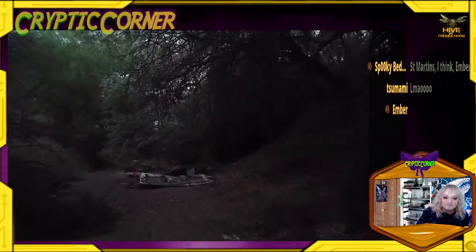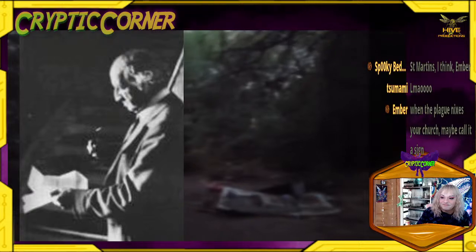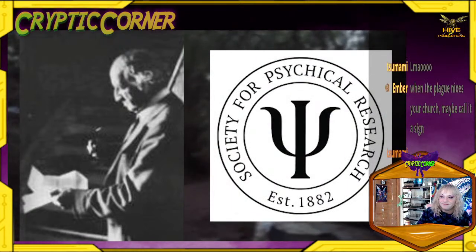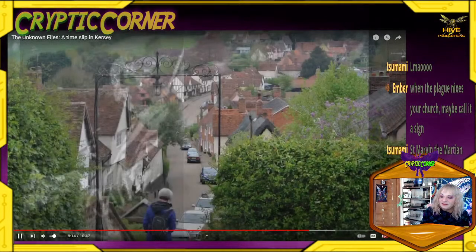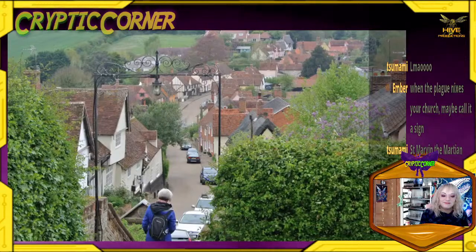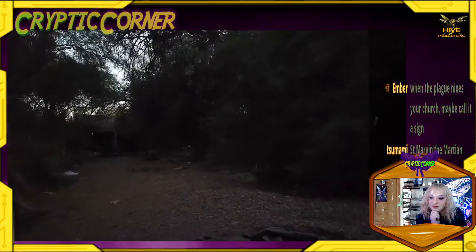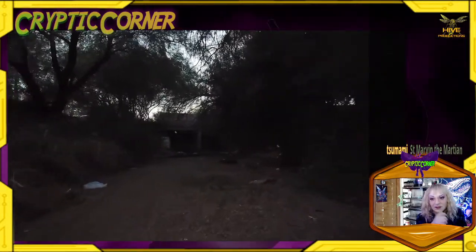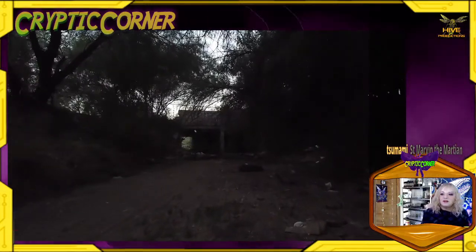It wouldn't be until years later that the case piqued the interest of paranormal researcher Andrew Mackenzie of the Society for Psychical Research when he received a letter from two of the cadets, Lang and Crowley. He met with the men who even took him to the village, back to where the bizarre story happened. The more he learned from the men, the more convinced he became of their story being true, that something very strange had happened to the men.